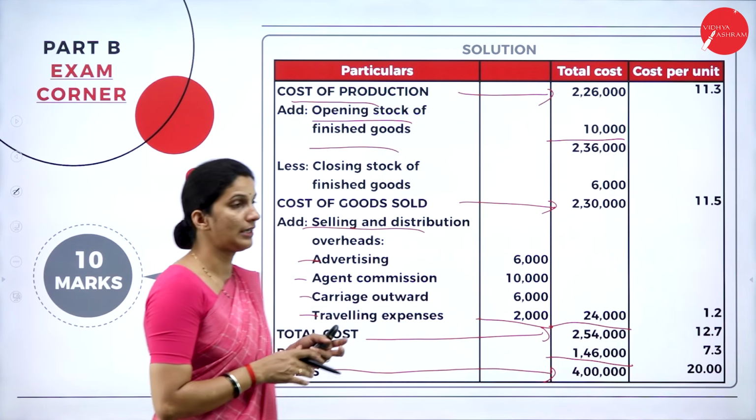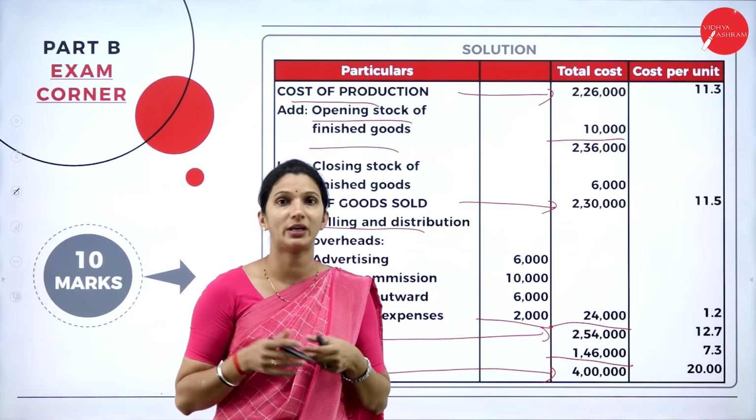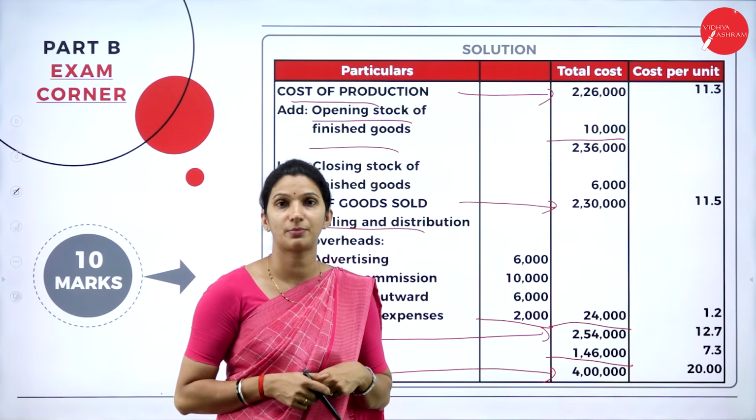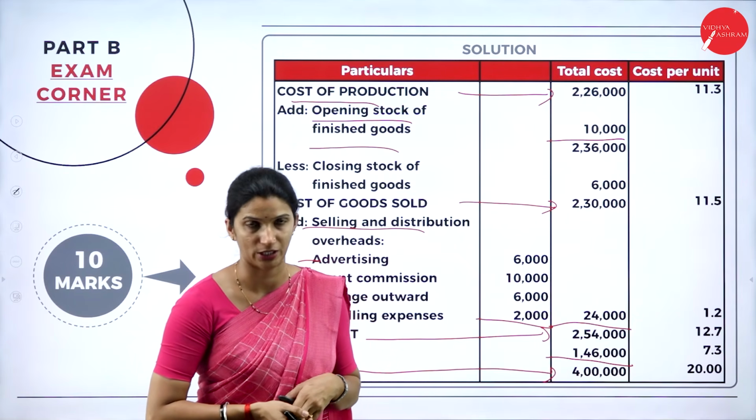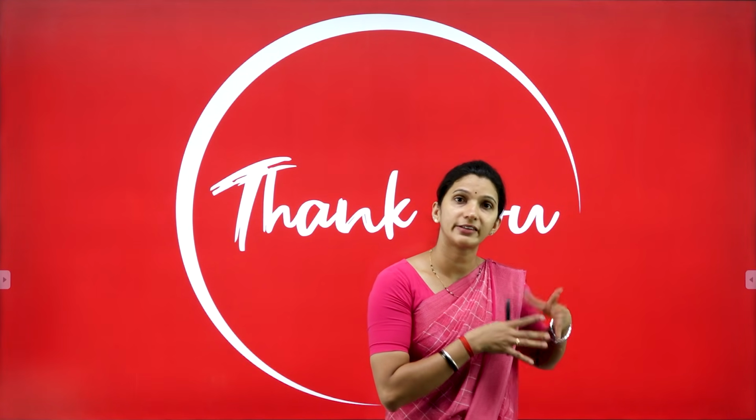In the same way, for the 15 marks also, they will be asking the preparation of cost sheet, and for tenders and quotations, the preparation of estimated cost sheet. These are all the Section B part where you can expect 10 marks, 3 questions, where 1 theory question they will be asking. They might ask the difference between cost accounting and financial accounting, as well as the duties of the storekeeper. So these are certain theory questions.